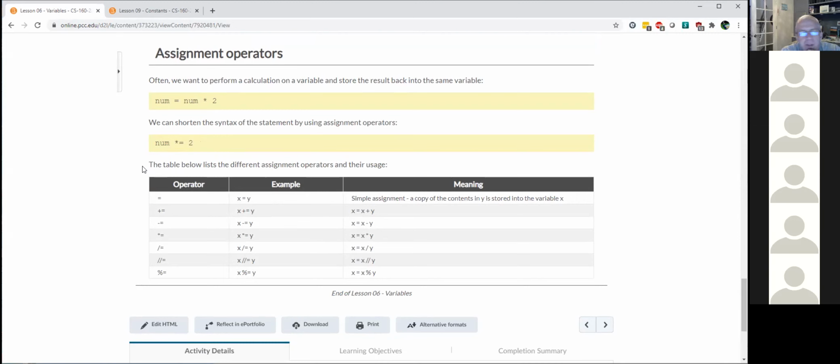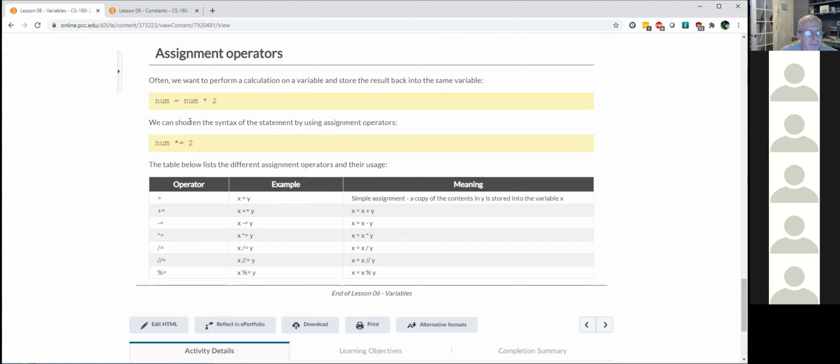I could show you thousands and thousands of lines of code where I never use these shortened syntaxes. It's a convention that I've never used. But basically, what it allows you to do is avoid entering the name of the variable a second time. So the rule here is whenever you want to change the value of a variable, add something to it, subtract something from it, multiply it, and you're basically using that variable's value to create a new value in that same variable,